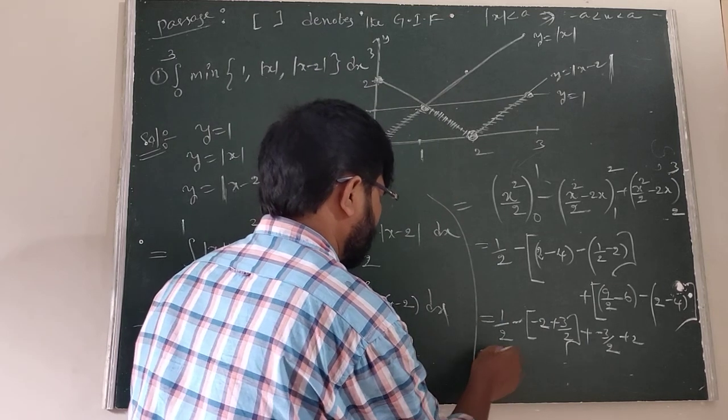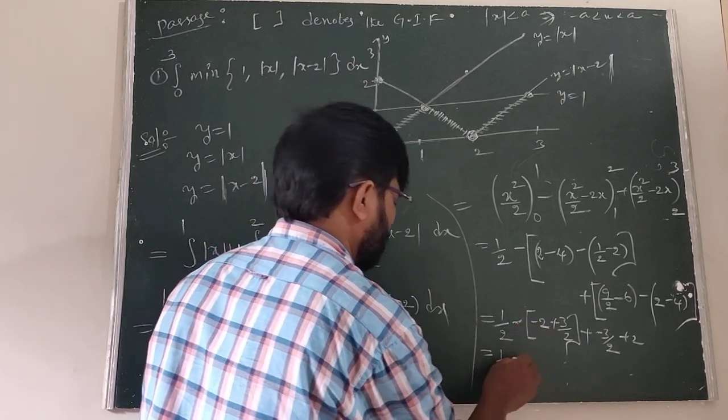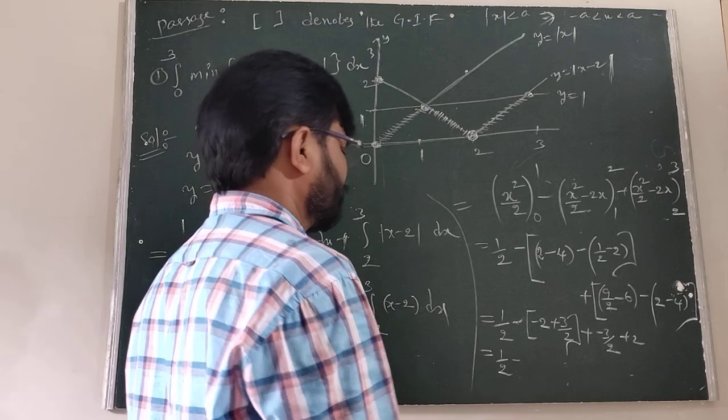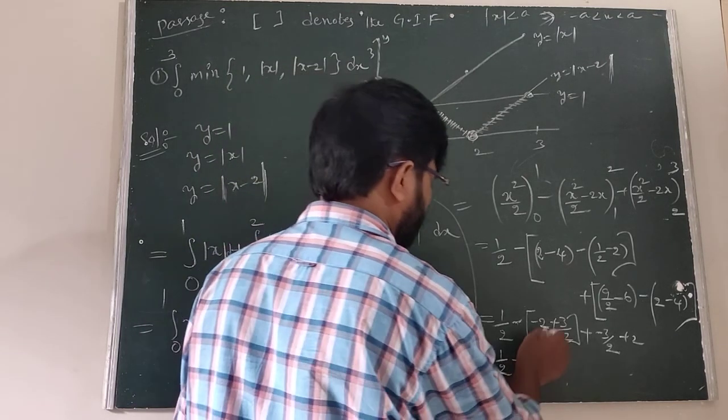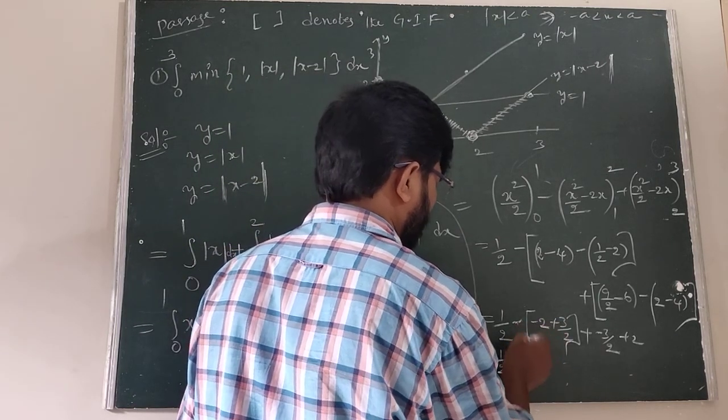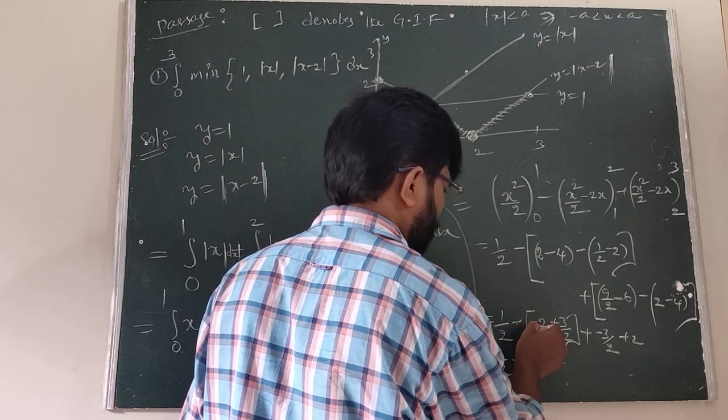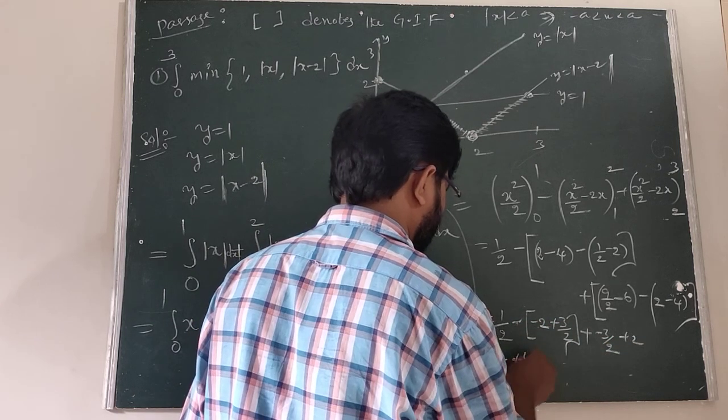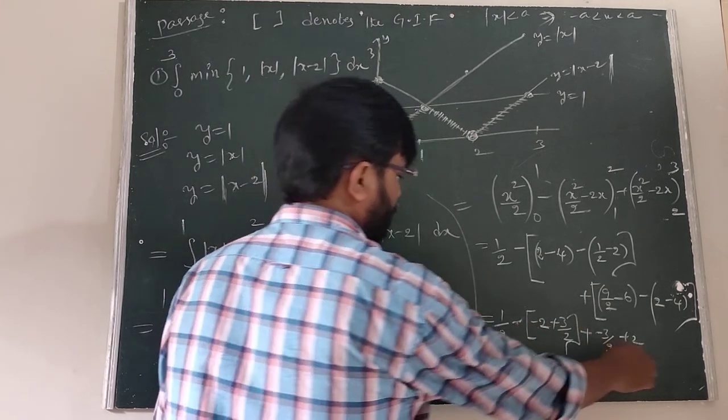Therefore, we can write this is 1 by 2. This is the minus, all of you listen here. This will be right. This is minus 2. Therefore, you can write minus of minus plus 2. Plus 2 plus 2 is plus 4. Okay, minus of minus plus 2. 2 plus 2 is 4.